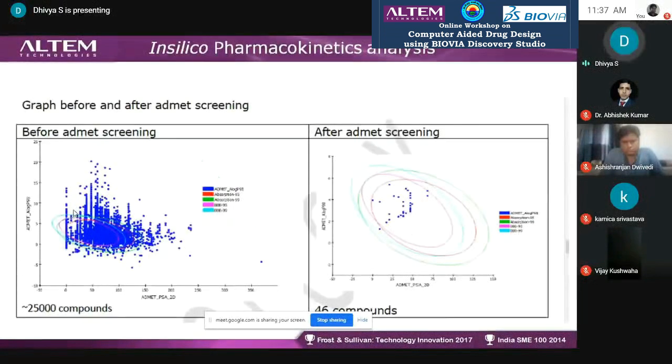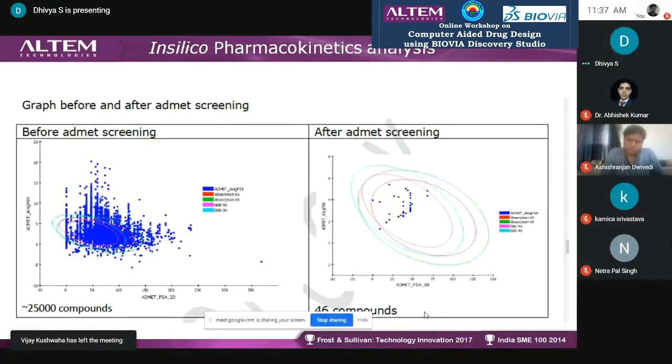So this is how the results will look. Initially, before and after ADMET screening, when I started, it was approximately 25,000 molecules. After the screening, I have only 46 molecules for my study. With these 46 molecules, I go for a TOPKAT analysis, that is, testing mutagenicity or carcinogenicity. If the molecules fail at that level, again you have to start the library process. So that's why, if you have a good number of compounds at the beginning, then finally we end up with 1 or 2 lead molecules.